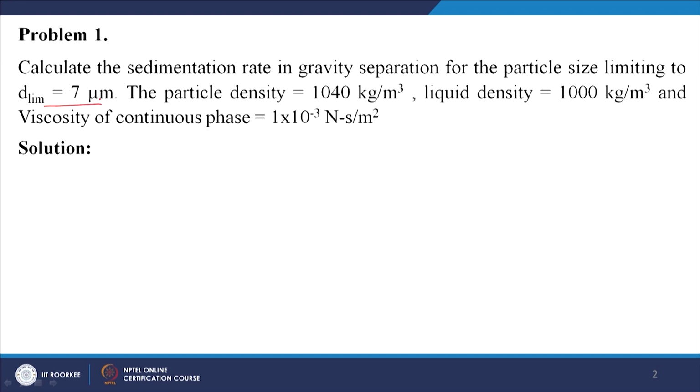7 micrometer, the particle density equal to 1040 kg per meter cube, liquid density 1000 kg per meter cube, and viscosity of the continuous phase 1 into 10 to the power minus 3 Newton second per meter square. So, this is the problem we have to solve, and in the previous class we have discussed the coal